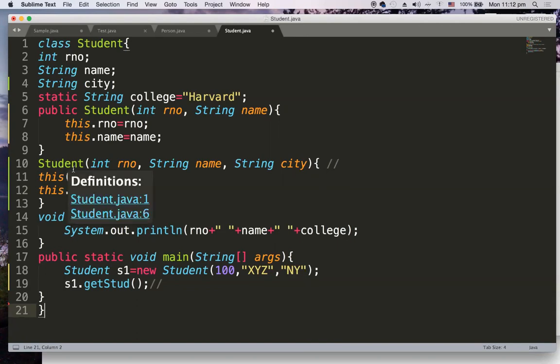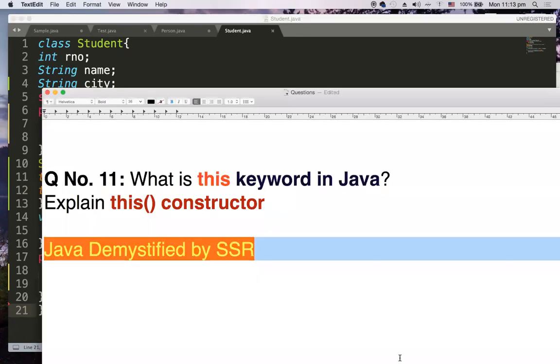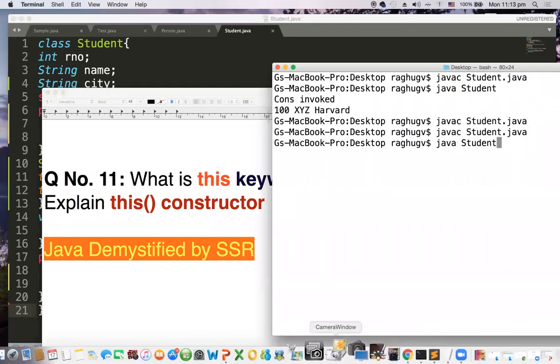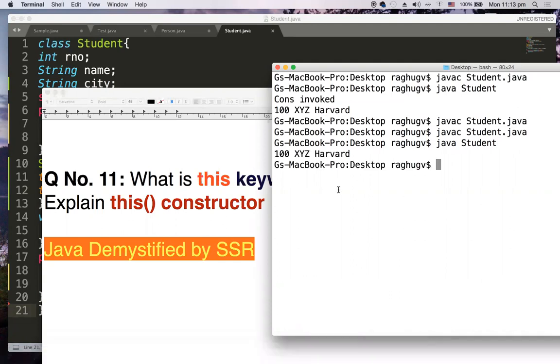When this constructor is invoked, the first statement is invoking the current class constructor with 2 parameters. This is what happens, and when you compile it again and run, you will see the details as 100 XYZ Harvard.